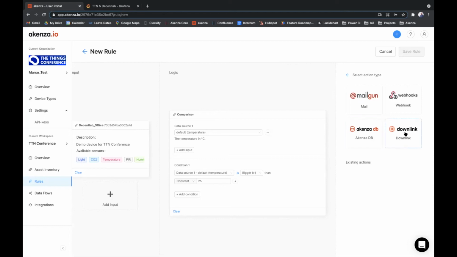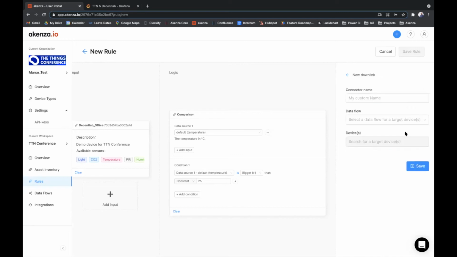or, which could be much more interesting, a downlink. With a downlink, you can trigger this rule with a specific value and enable, for instance, a climate device to switch on and to cool down the room, to cool down your fridge if the temperature is too high. Easily here,